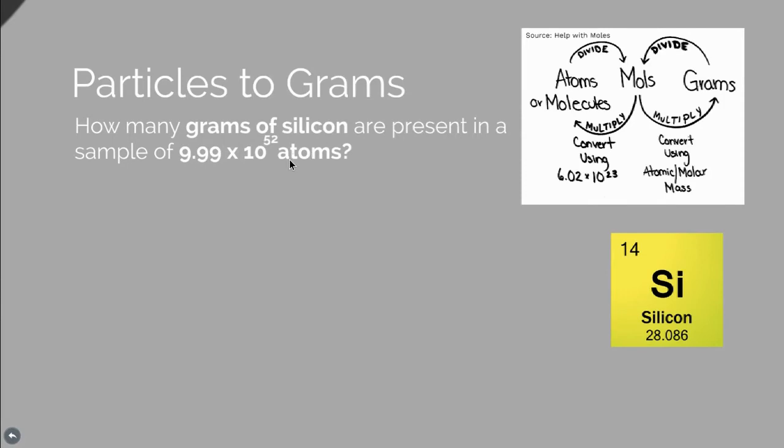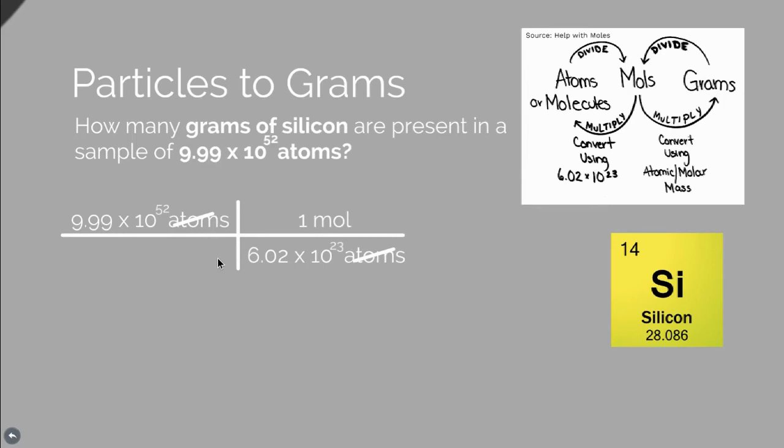Is our starting unit, and we want to get it to grams all the way to the end. So if we just follow atoms to moles, and then we can go from moles to grams. So let's go ahead and see that in action, and set up the conversion tables to go with it. It's the same as the problem that we already saw before, so I've just brought it over again, where